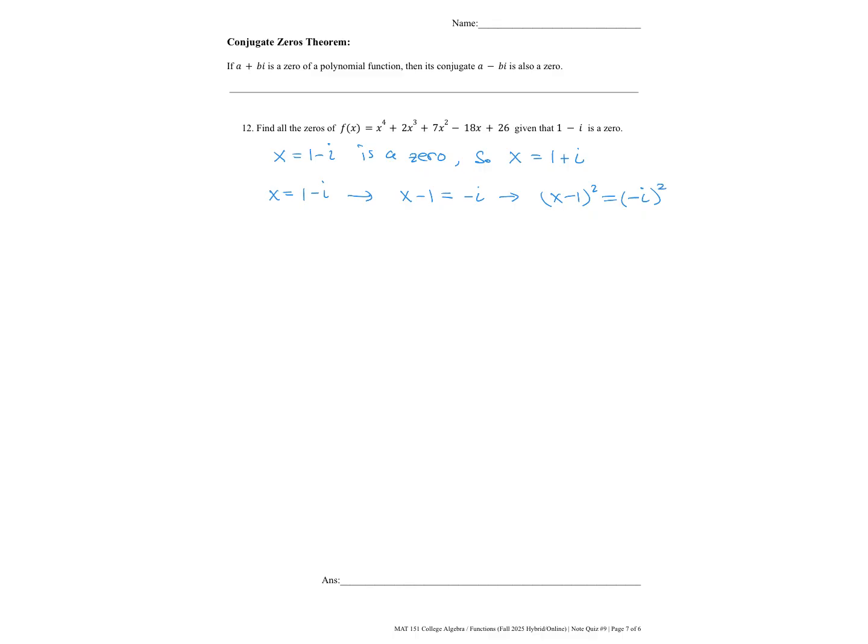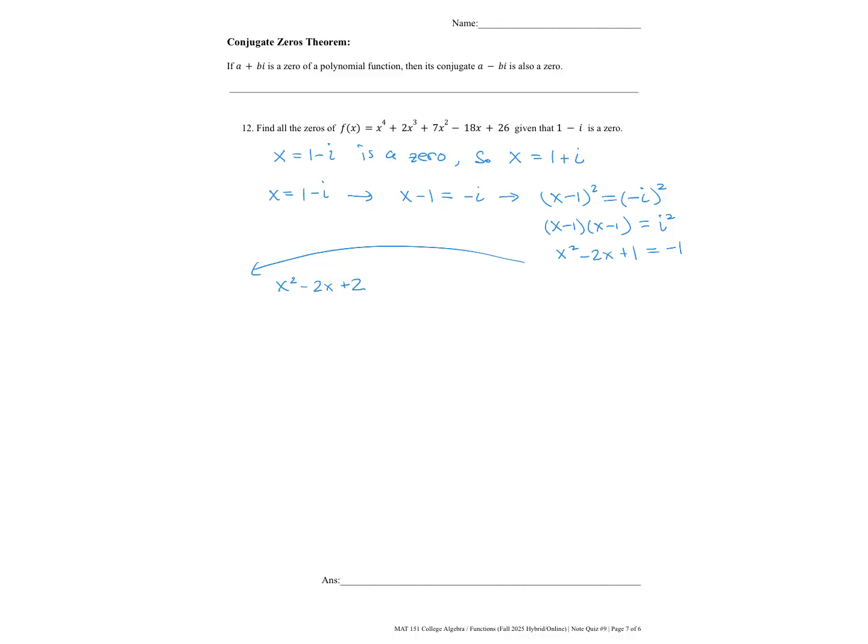And when you do that, you're going to get (x minus 1) twice equals negative i squared, which is really i squared, because when you square the negative, it cancels. Multiplying this out, you get x squared minus 2x plus 1, and i squared, remember, is negative 1. So this turns into x squared minus 2x plus 2. And so therefore, if these are both factors of the polynomial, dividing it in must give you a remainder of